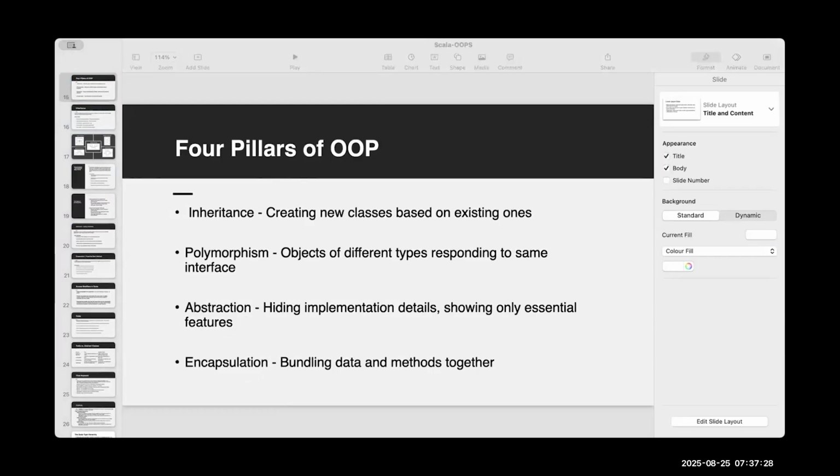So abstraction you can think of like a remote button. Okay, in the remote, you have the buttons and all. Do you know how internally it is working? You don't know, right? We don't know how internally it is working, and we don't need to know how it is working inside. Why do we need to know? We just need the functionality: this is the OK button, this is the power button, and all those things. So that is what we call abstraction, hiding the implementation detail and showing only the essential